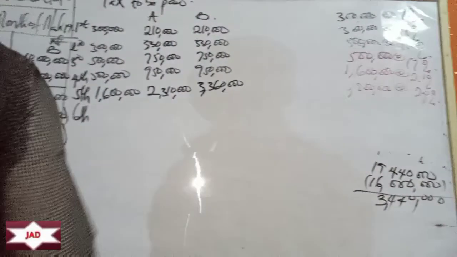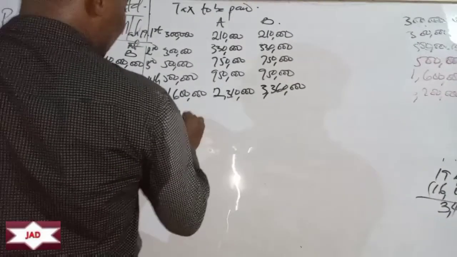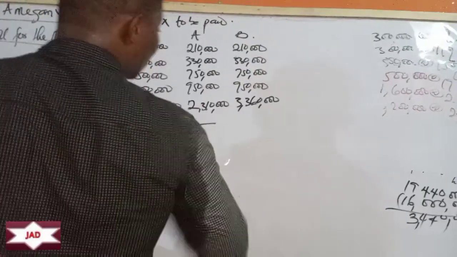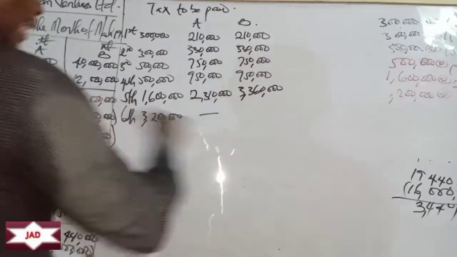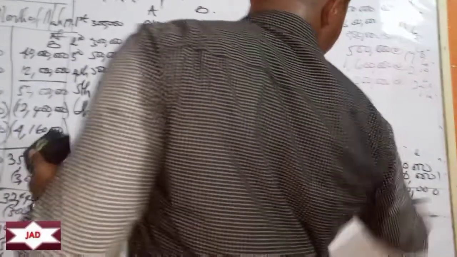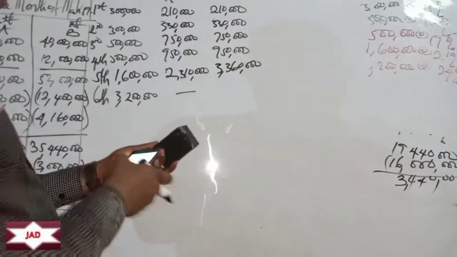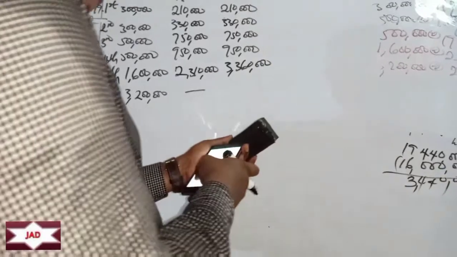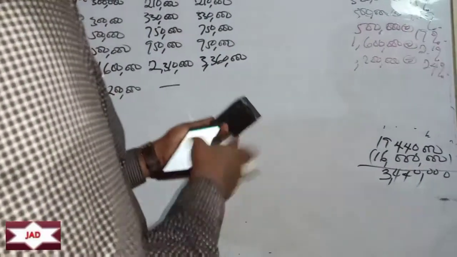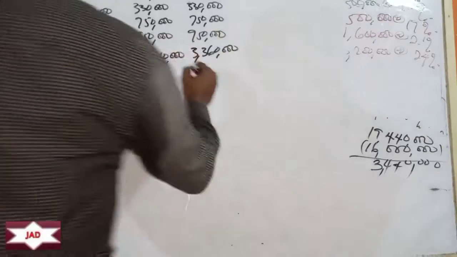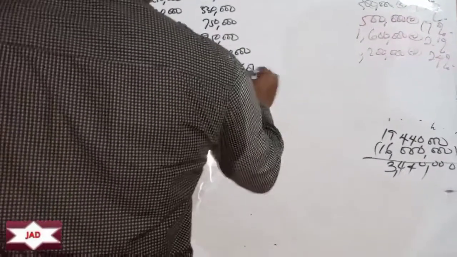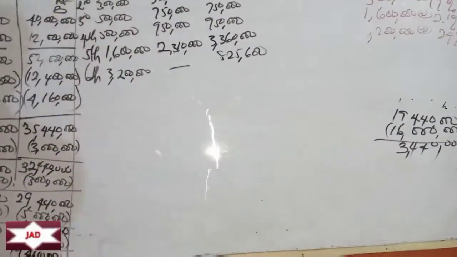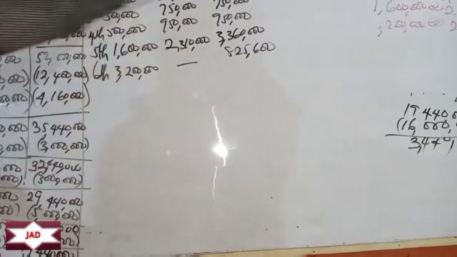So on the 6th schedule, which is 3.2 million and above, this guy does not have anything, there's no money left. But this guy still has 3,440,000 left. So we just apply 0.24 times 3,440,000. What do you have? 825,600. So this is the payroll, and then this is the tax to be